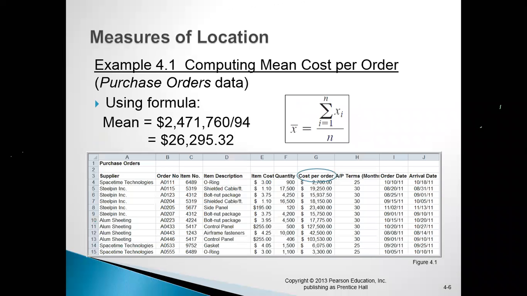First, we're going to discuss this one particular data set on your screen, where you want to calculate the average cost per order. So average, in the sense, we just want to know how much cost we are going to have over an order for a certain period of time.